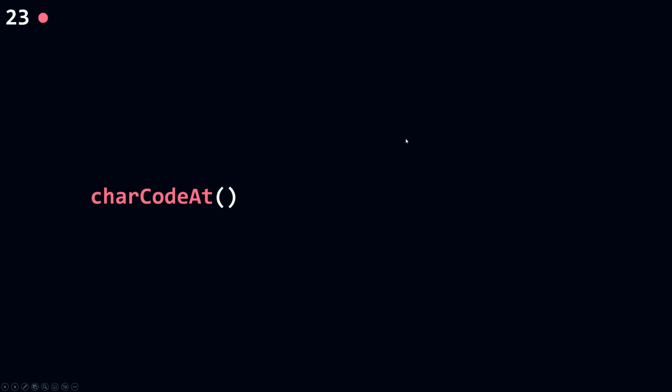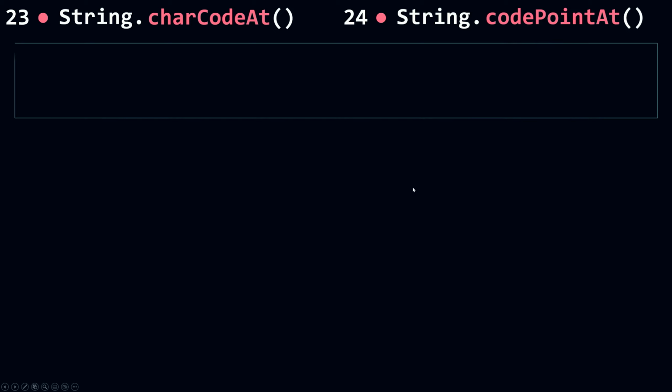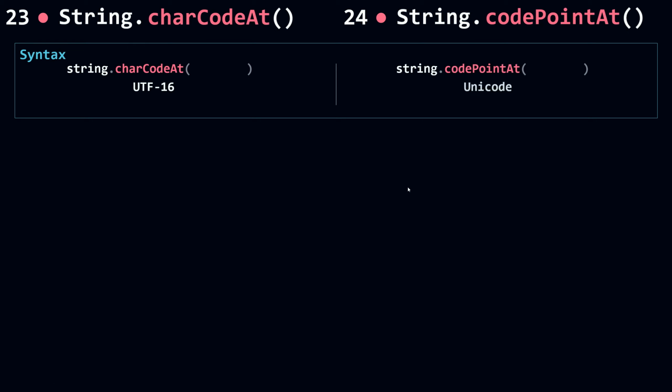And now let's talk about charCodeAt and codePointAt. We're going to talk about the two methods and see the difference between them. So charCodeAt is UTF-16 and codePointAt is Unicode. They both take in the position of the character in a string, and they both return a UTF-16 code of that character. But charCodeAt can only return the code for those characters that have a code between 0